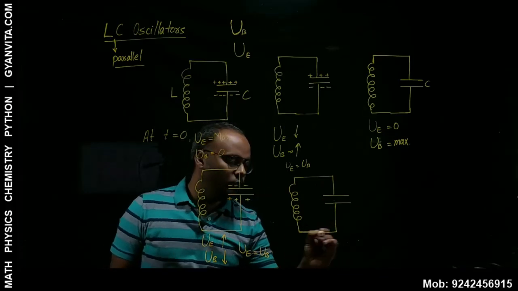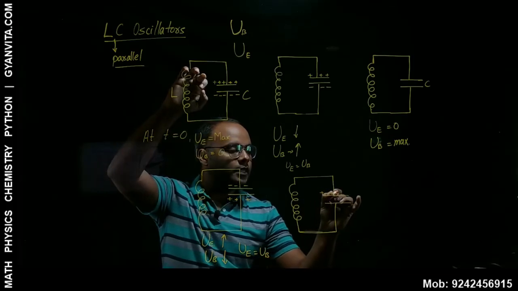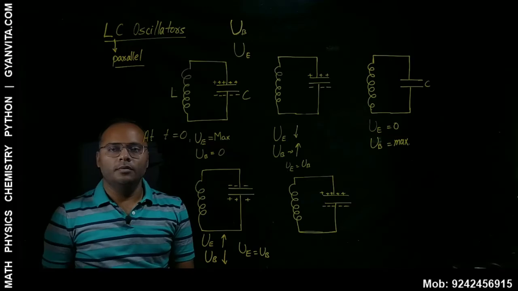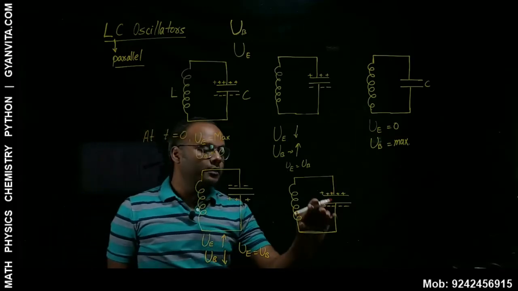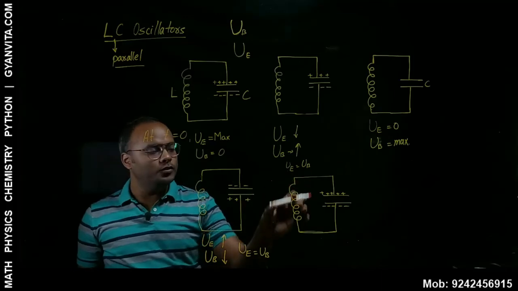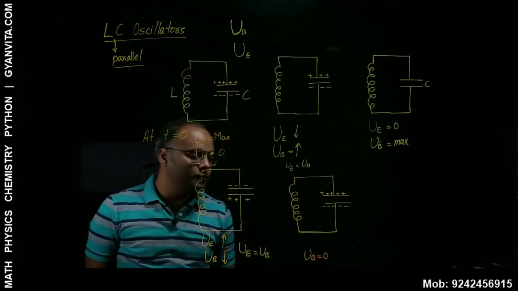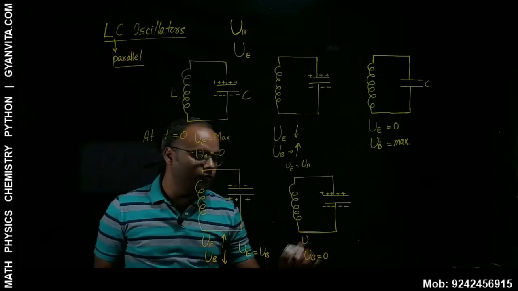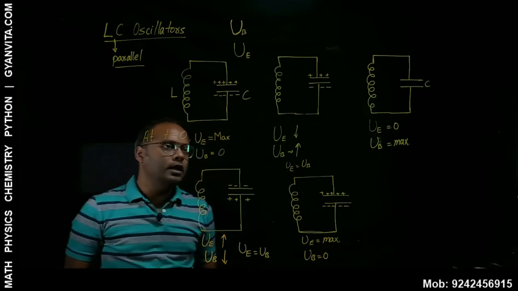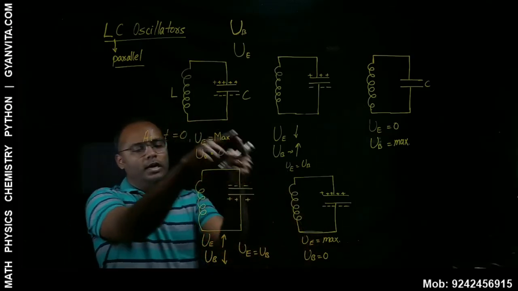So whatever was the charge initially, the same charge will be set up again. So that means now again here, this is fully charged, and here there is no current, or now there is no magnetic energy here. So again, what happened now? The UB became zero, and again you have UE, which is maximum. Now this and this, they are the same. These two are the same situation.